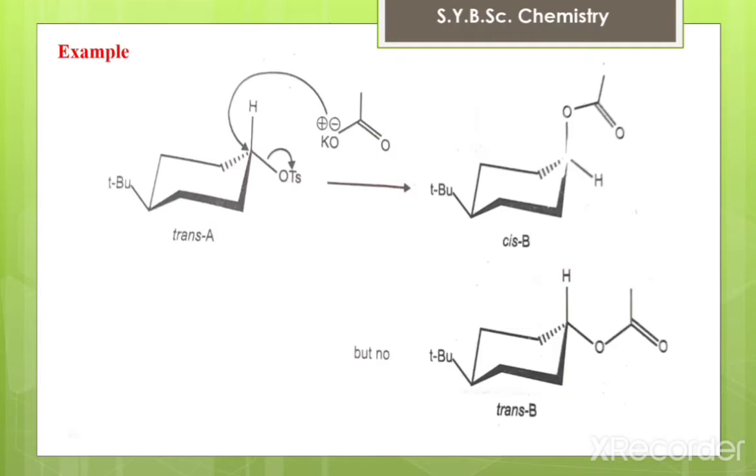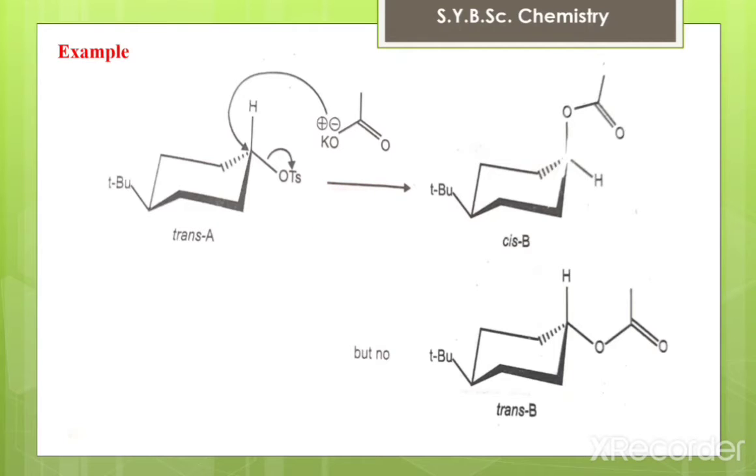Here 100% inversion of configuration has taken place in this SN2 reaction. This is also true for all other SN2 reactions investigated stereochemically. That means from this trans A we get the cis B and the trans B, but here this will be the more predominant one, because it is an SN2 reaction, and we know that in an SN2 reaction